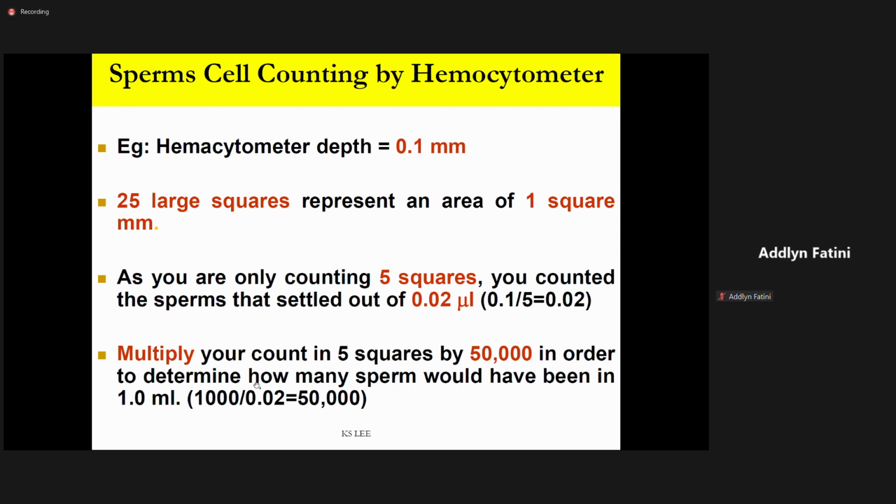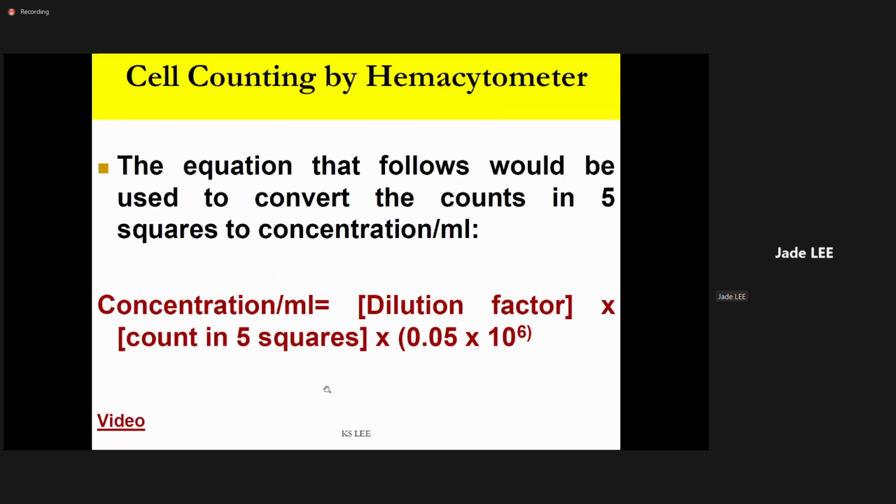Okay, you divide by this 0.02, so you get 50,000. This is what we call the factor. Then the equation that follows is used to convert the counts in 5 squares